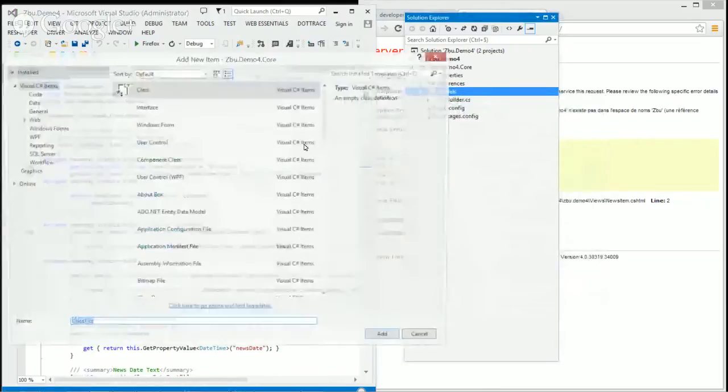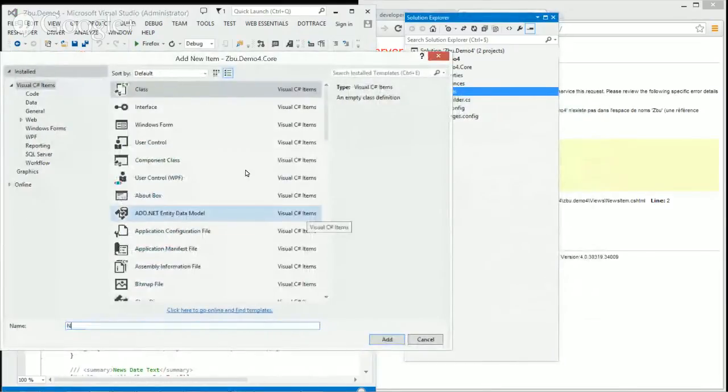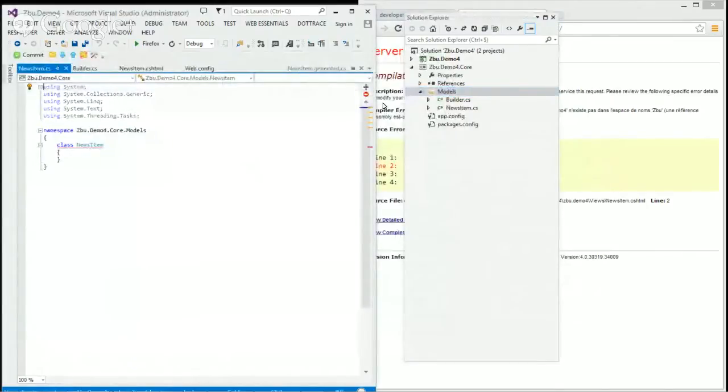I will add a file named news item in parallel to my builder file. What you can see is that Visual Studio is complaining because it says there is a partial class already for that one, so you can't create a new one.